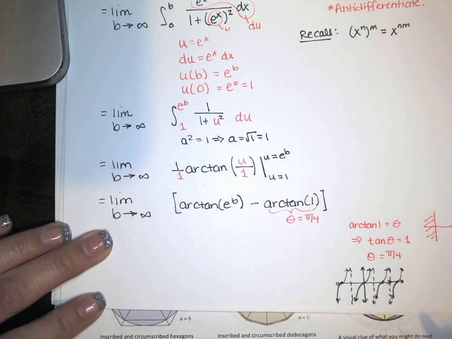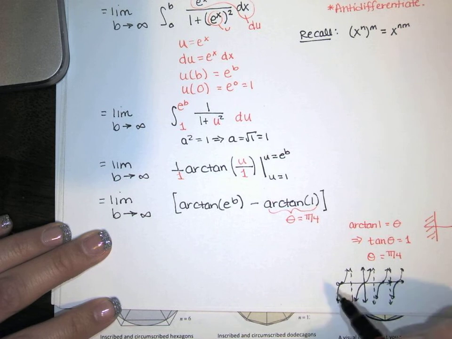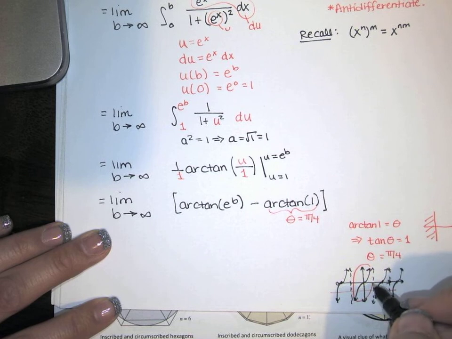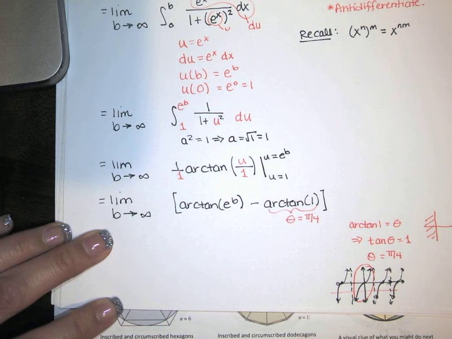It repeats forever. Now, this is the tangent function. It does not have an inverse, not as it stands. It fails the horizontal line test. That horizontal line crosses 4 times. But if I just focus on this one piece, it does have an inverse. If I restrict myself to this one piece and I switch x and y,